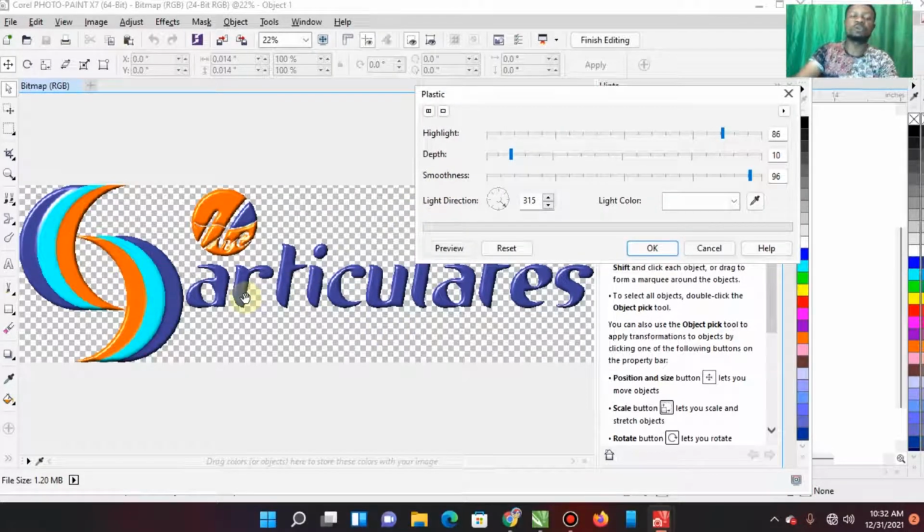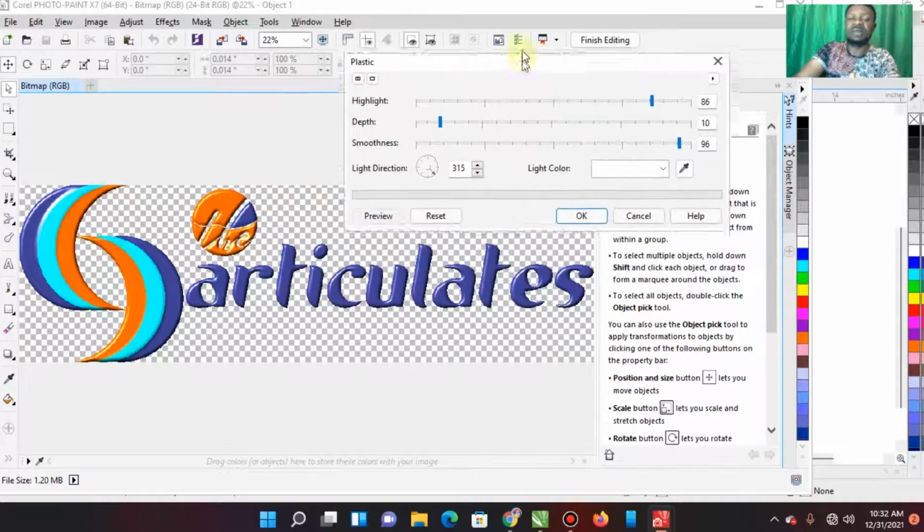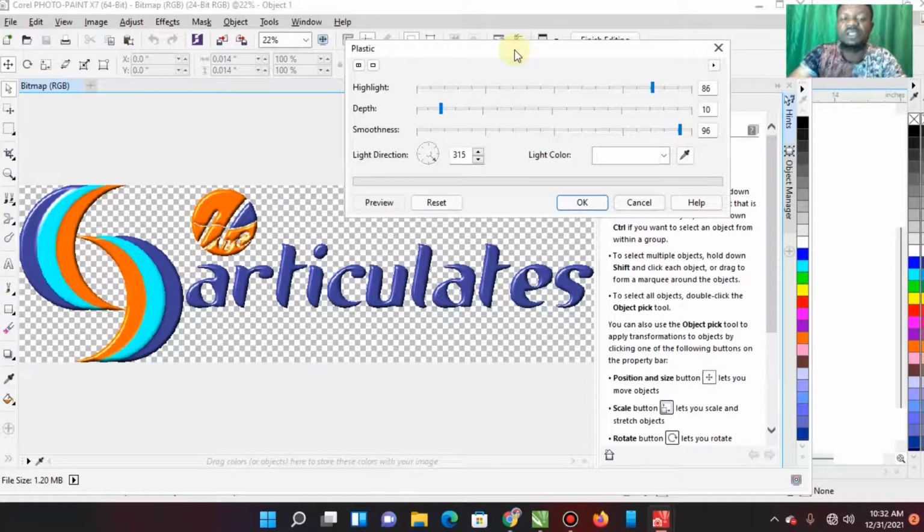If you now want to bring it out more, or you have desired settings, or a desired outlook, or the way you feel like it should be, then what you need to do is make use of this dialog box and set it the way you want it. So now it has given me this look, but I can say, okay, I want more of the look.